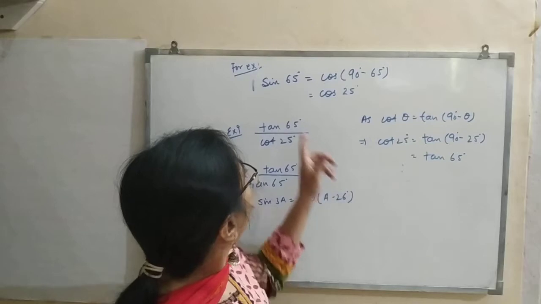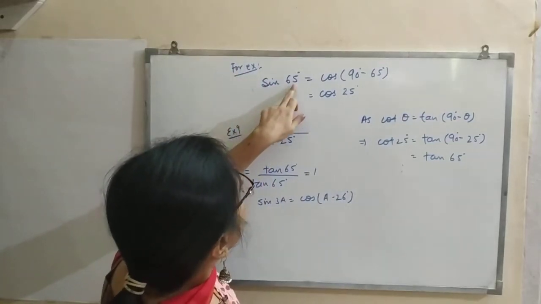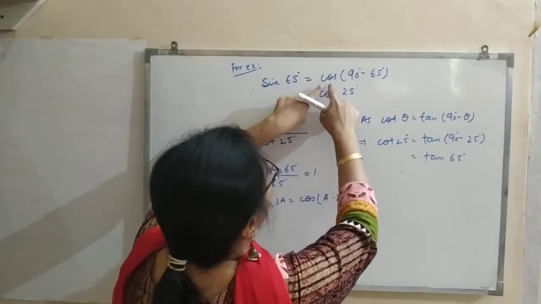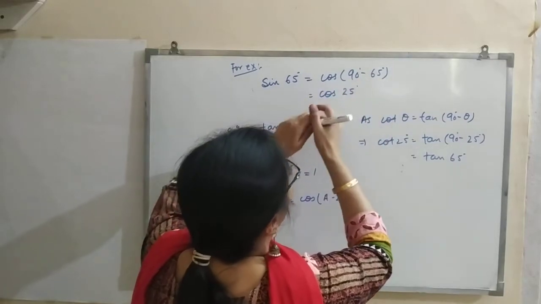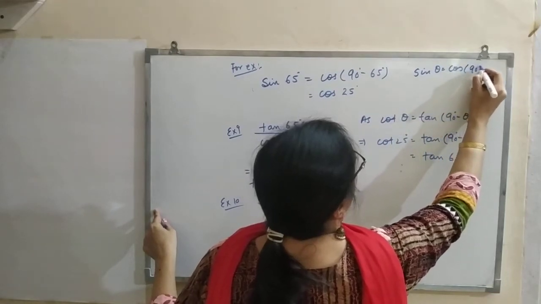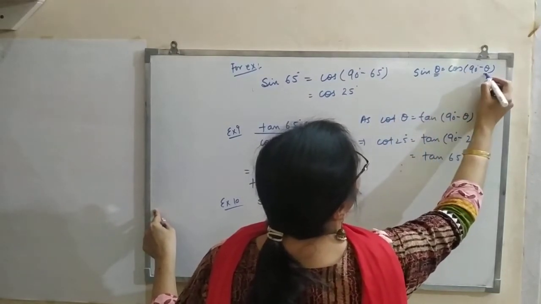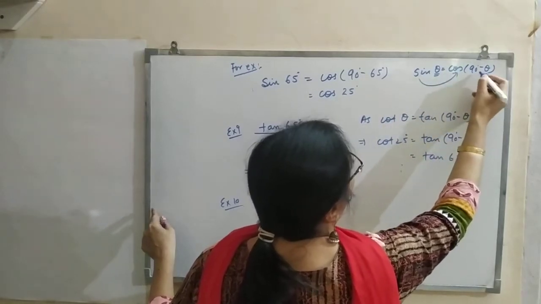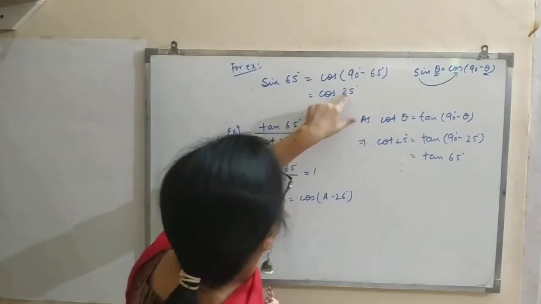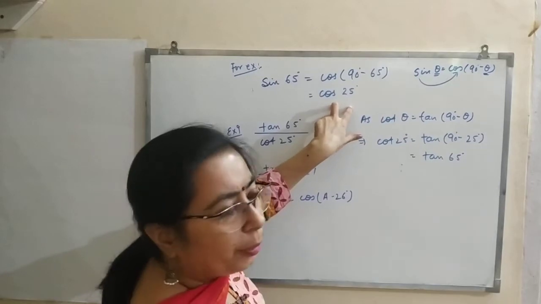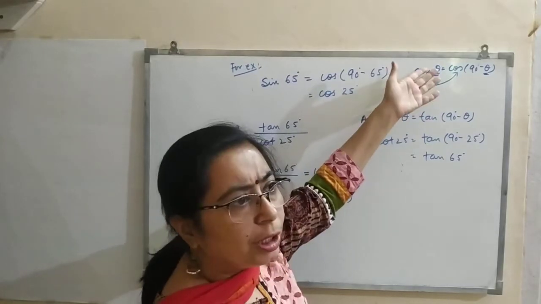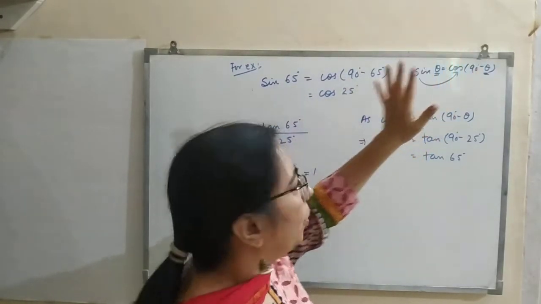Now the conversions which we have written, you can see, for example, if sine 65 degree, you have to convert it in terms of complementary angles. So sine 65, I can write cos of 90 minus 65, because sine theta is equal to cos of 90 minus theta. This theta and this theta is same. Sine gets converted into cos, so it is 90 minus theta. So cos of 90 minus 65, which gives you cos of 25 degree. So sine 65 is equal to cos 25 degree. This was just example how to convert it. And any other angle you can be given, tangent of 26.7 degree, you can convert into cotangent.